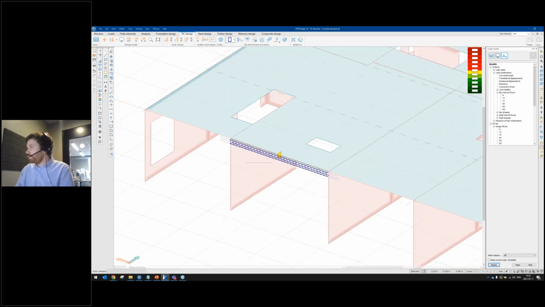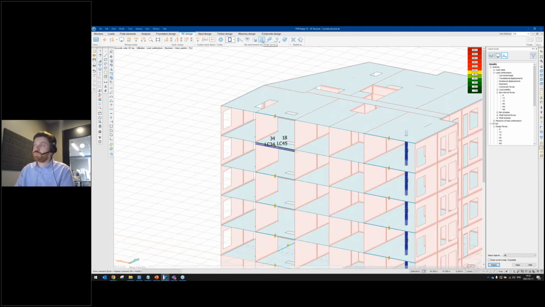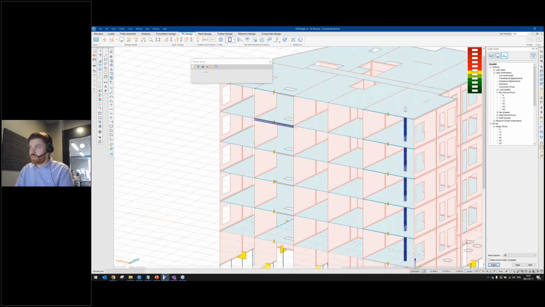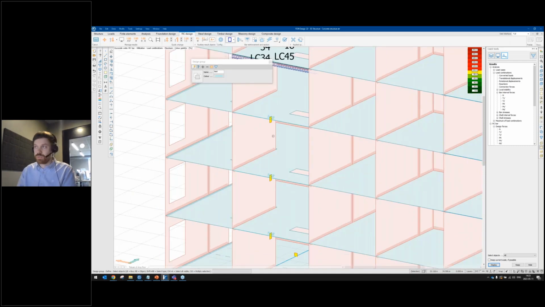So when you do auto design, you can also group different objects. I will show this very briefly, but there is an option to define different design groups. And here you can select multiple objects and place them within a group. And the software will apply the same reinforcement in each group, and it will take the worst situation for that